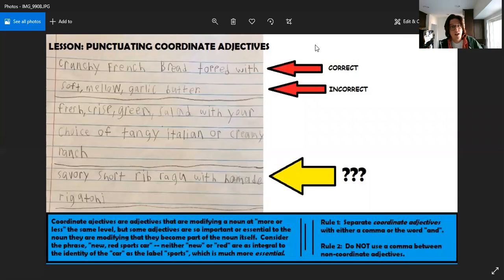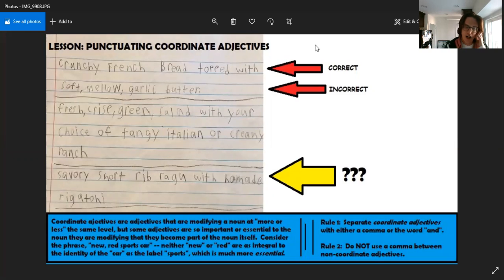All right. Today we're going to critique my nephew's mechanics, hopefully as a review for some of my students and maybe as a formative lesson for him if he ever watches this. But I want to talk about coordinate adjectives, how to punctuate coordinate adjectives, one of our important comma rules for this year. And I think once you get beyond the language of it, conceptually, it's pretty straightforward